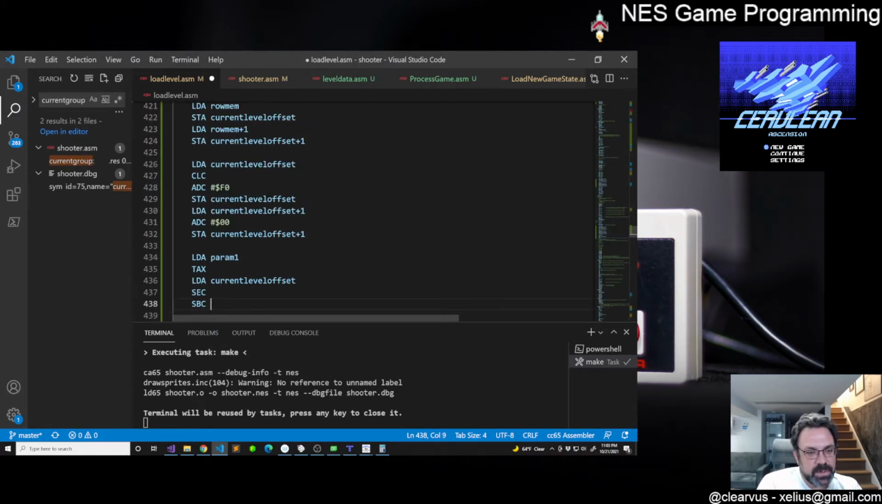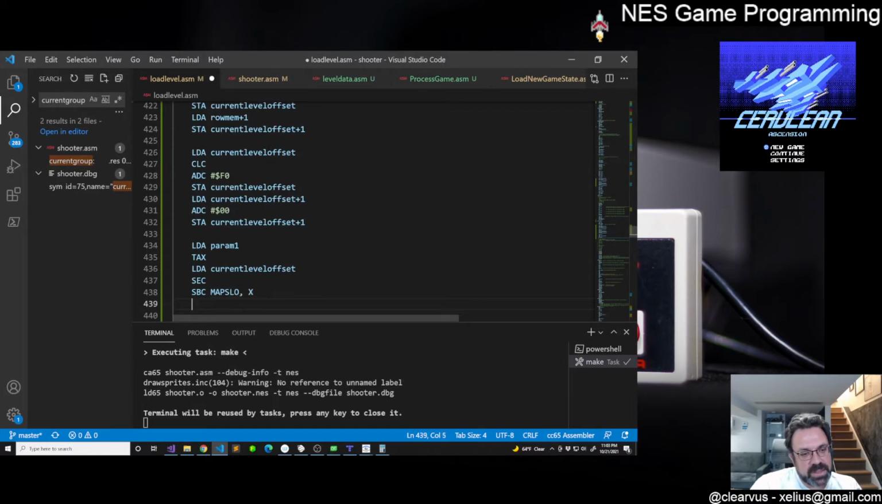Oh, maps low x. So we're subtracting that address, and then we're going to... oh, but you know what, we need to do the high one first, because if this doesn't work, or not if it doesn't work, if the carry clears, then we need to subtract it, and